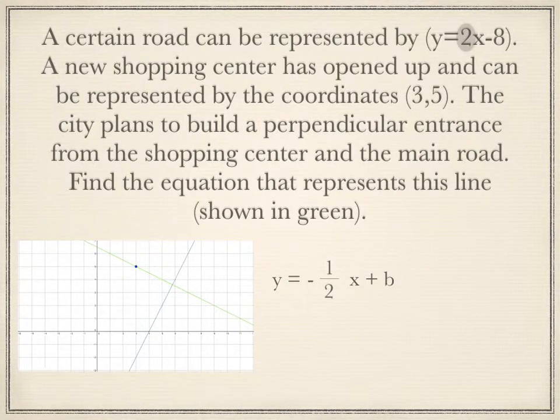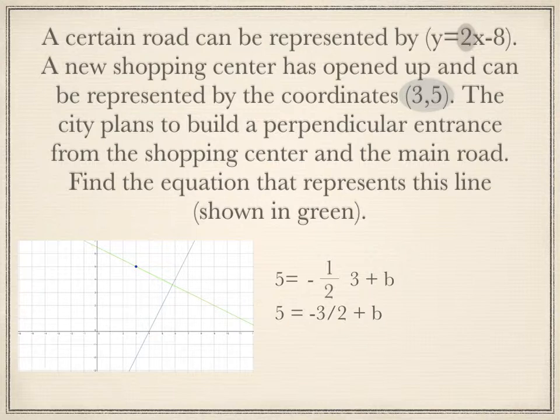So we've got y equals mx plus b, and now we have our coordinates listed. So that's our (3, 5) right there. Remember the 3 is in the x spot and the 5 is in the y spot. So in our equation, we're going to put the 5 in for y and the 3 in for x. Then we're going to solve for b. So now we multiply -1/2 times 3, and we get 5 is equal to -3/2